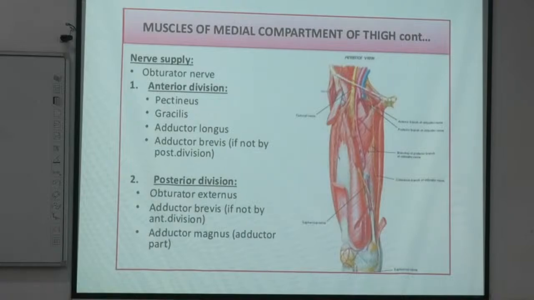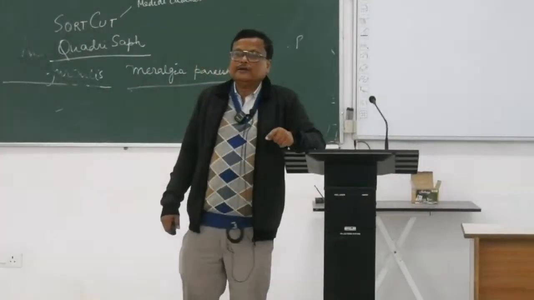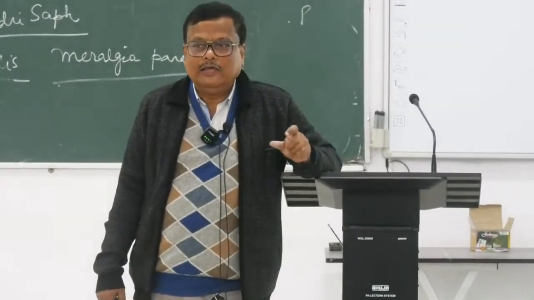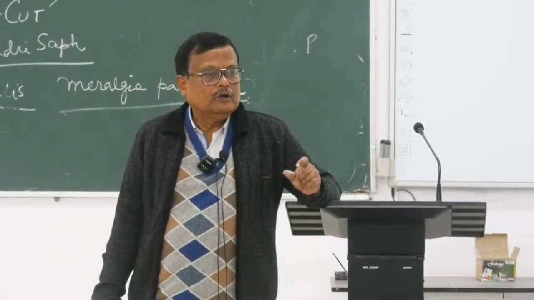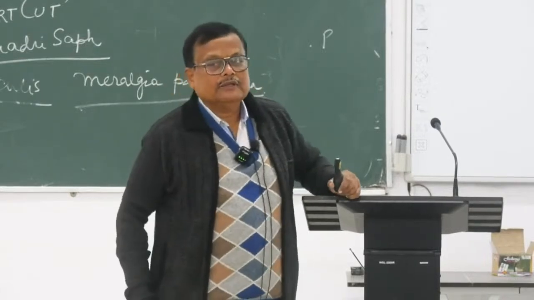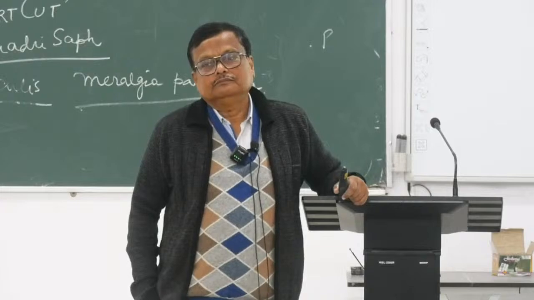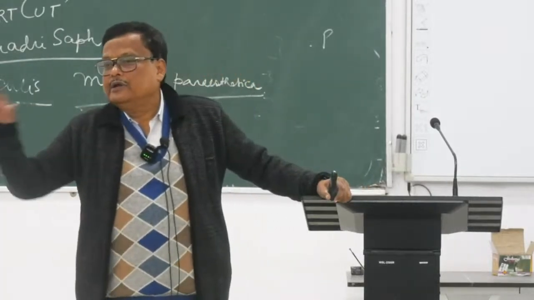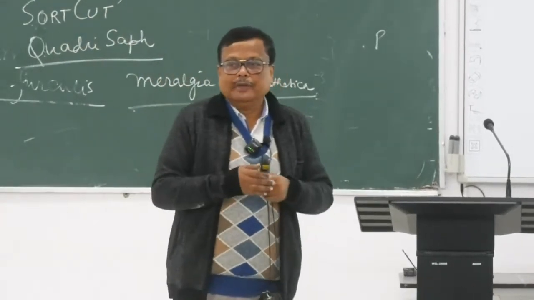তাহলে অ্যাডাক্টার ম্যাগনাস ইজ এন হাইব্রিড মাসল। আগেই বলেছি অ্যাডাক্টার ম্যাগনাস হ্যাজ গট এ অ্যাডাক্টার কম্পোনেন্ট অ্যান্ড এ হ্যামস্ট্রিং কম্পোনেন্ট। সো অ্যাডাক্টার পার্ট অনলি which takes origin from the femur, which only is supplied by this obturator nerve, and hamstring part is supplied by the tibial component of the sciatic nerve. তাহলে অ্যাডাক্টার ম্যাগনাস ইজ অলসো হাইব্রিড মাসল। তাহলে অলরেডি তোমরা অনেকগুলি হাইব্রিড মাসল পেয়ে গেলে।